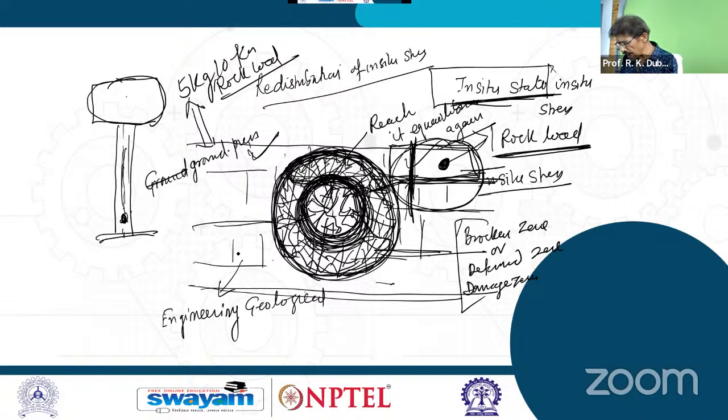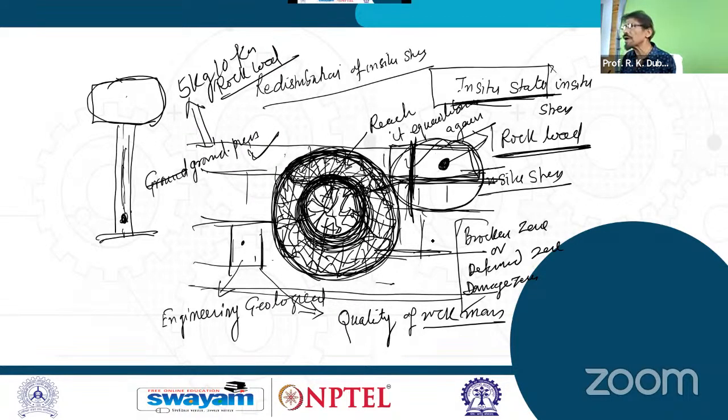And rock strata, as you know, is not made up of rock only, it is made up of these interfaces also. So therefore the quality of rock mass, which is an integral part of this rock strata, is participating in formation of such type of damage zone.